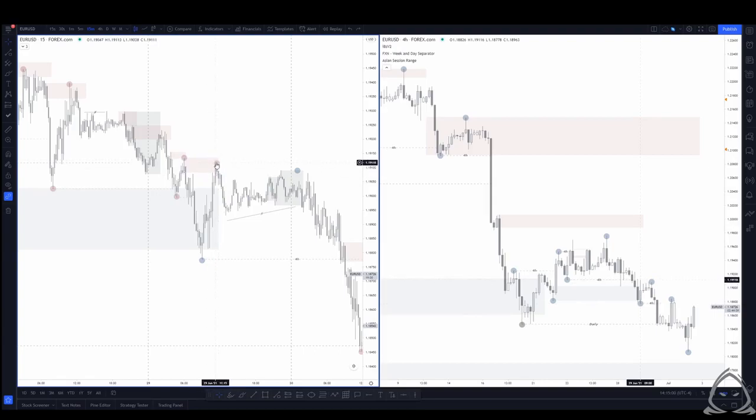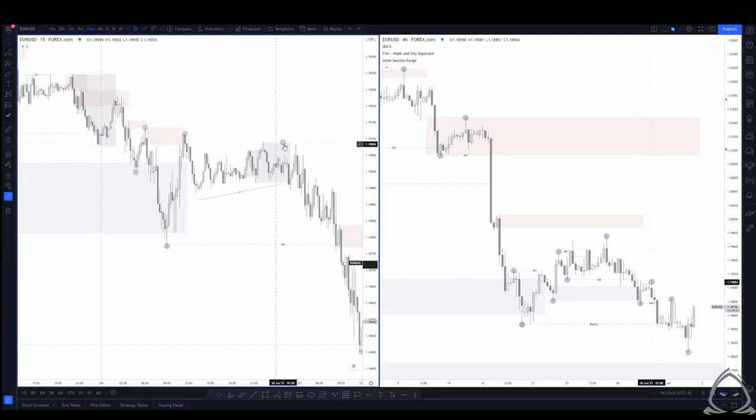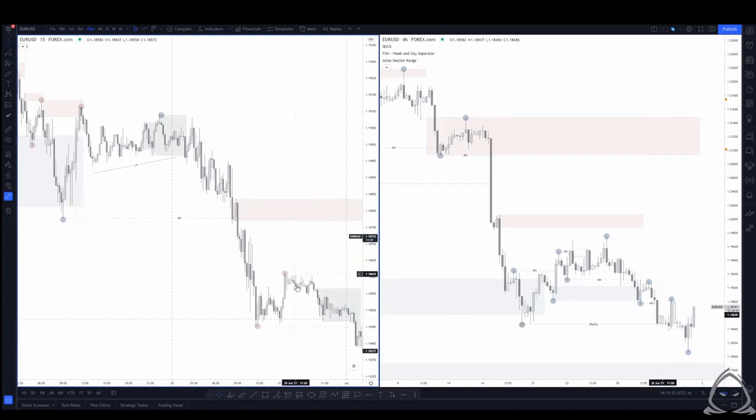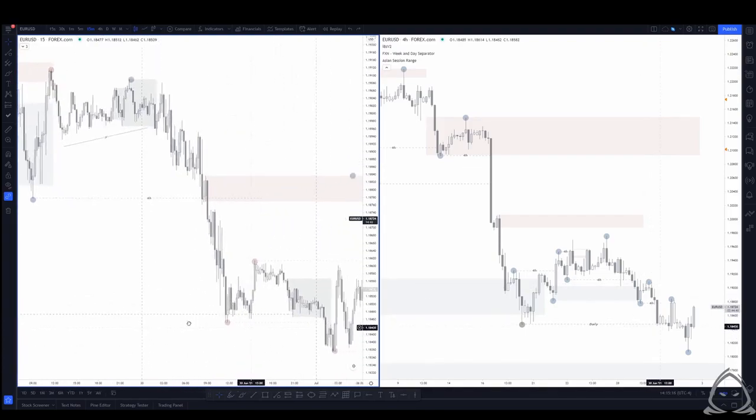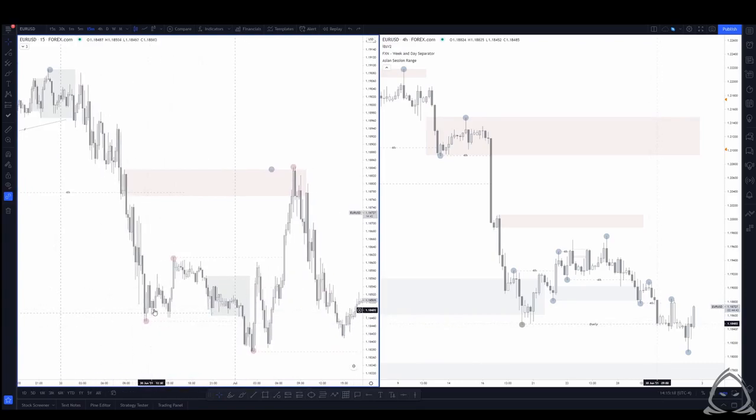And we can see price creates a lower high on the 15-minute chart, consolidates, creating a larger supply zone that we can see on the 4-hour chart right here. And then price begins to move to the downside. We create a new lower low on the 15-minute chart. Price then begins to more or less move sideways that we can see on the 4-hour chart, but we can get some structure on the 15-minute chart,